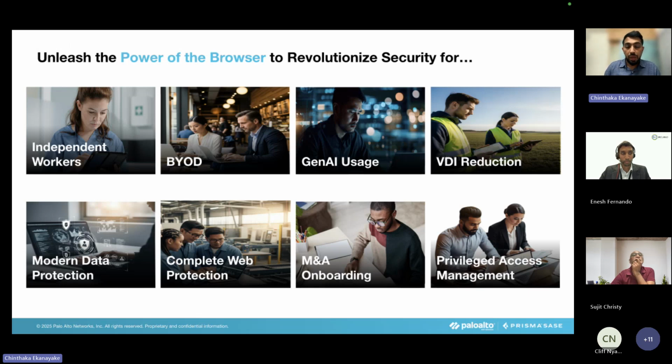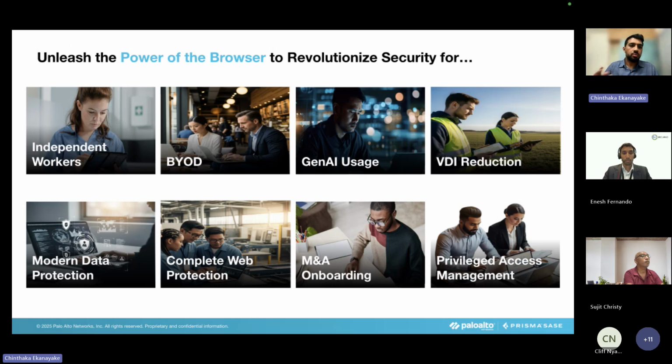Then the second main use case is around BYOD. We have seen a lot of organizations put in BYOD policies over the years, but it has been challenging to actually make sure that we secure the data accessed through BYOD devices. The same example I took, right?